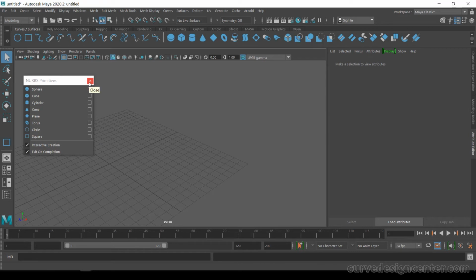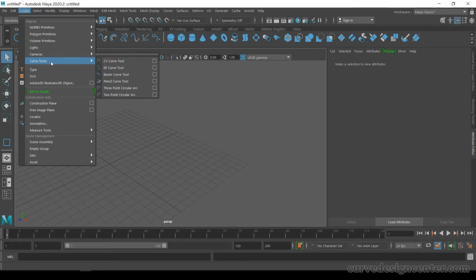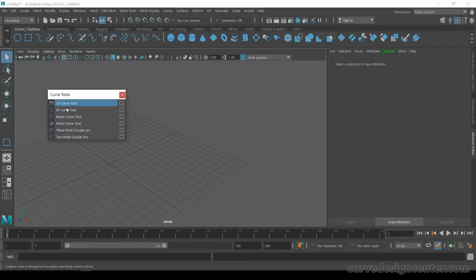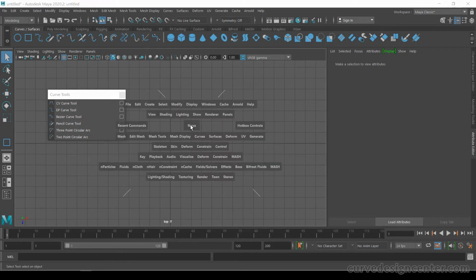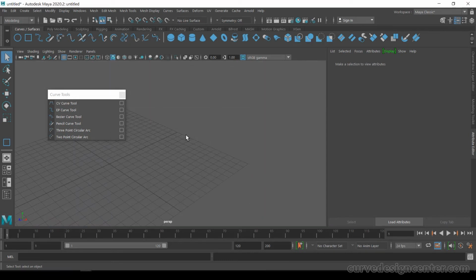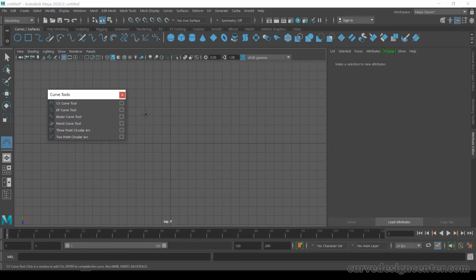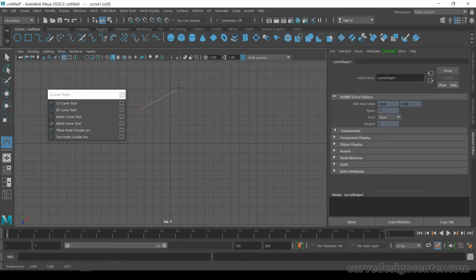The second option for creating a curve is by using curve tools. I click on this thick line. First option is CV curve. I move to the top viewport by pressing the spacebar, choose the CV curve tool and click in your viewport. When you click three points, the curvature is linear.